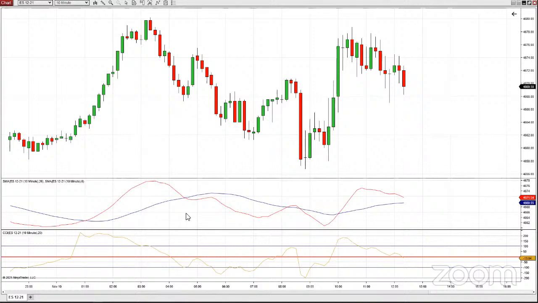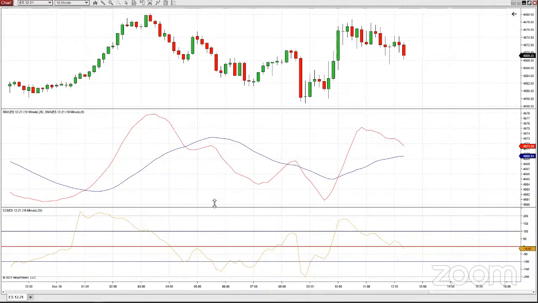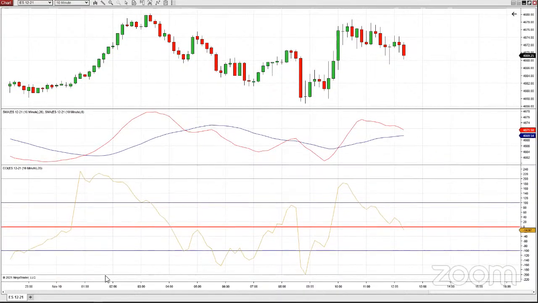So I got panel 1, panel 2, panel 3. And then let's just expand it higher up here so we can see it a little better. And there it is. See, it's the gold. It's oscillating up and down, up and down, up and down. Red is the zero line. 100 is that mystical overbought. Minus 100 is the mystical oversold.